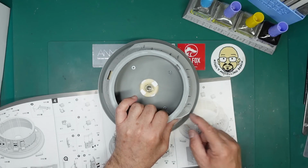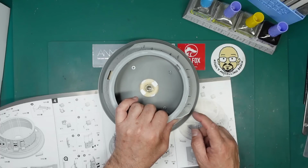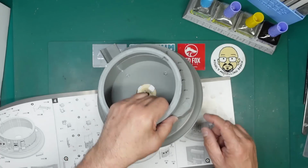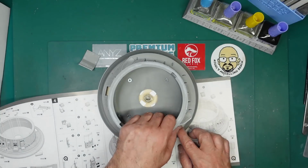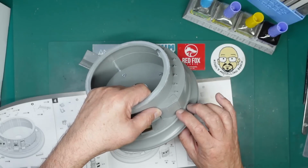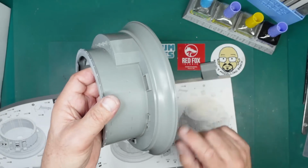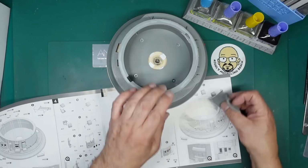So we need to make sure we get that all good and glued on solid, and then I'm not sure if that's going to be painted a darker colour in there. I think it might be. And I think we're also going to put a darker colour around the bottom of here. I think everything around the base has a sort of ledge, in 200 I think it's like 2mm. So in this scale it's going to be like 4-6mm up there. No, it'll be smaller than that. It must be about 1mm on the 200, and then it'll be about 3mm on this. It could be that black ledge all the way around there. It's like a sort of black skirting almost around all the superstructures,